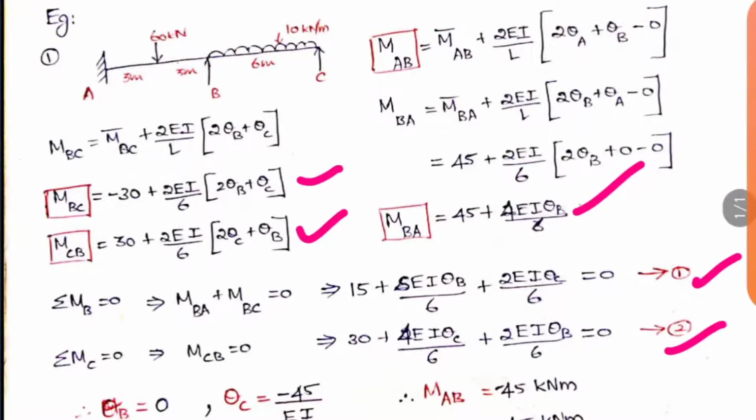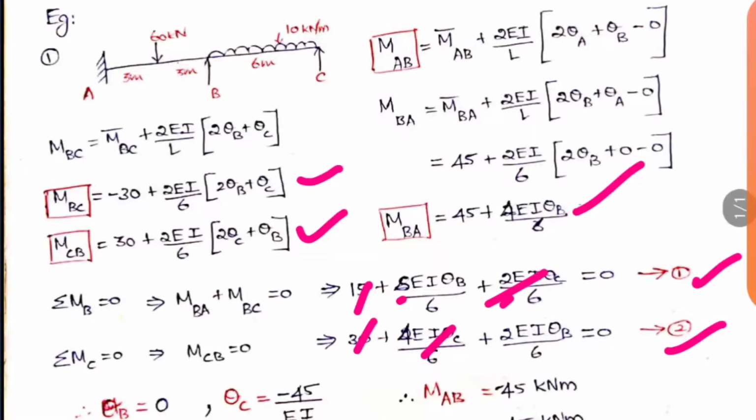It is the simple thing you do for solving equations. So just multiply equation 1 with 2. You will be getting 30, here 16 and here 4, like that. And when you subtract these values from the second equation, 30 minus 30, these two terms will go off, and the theta C terms also will go off. Only theta B terms will be there, and the values will be like 2 EI theta B by 6 minus 16 EI theta B by 6. Just solve it and see. You'll be getting minus 2 minus 16, which means minus 14 EI theta B by 6.